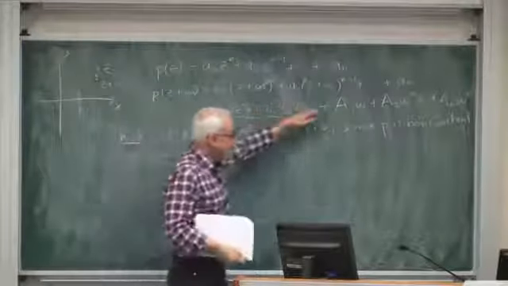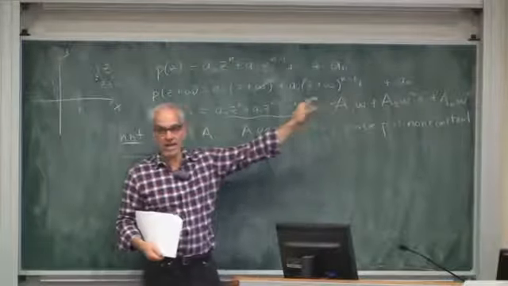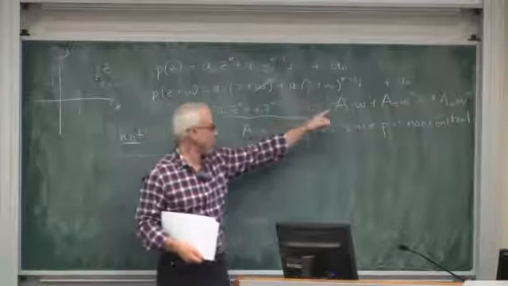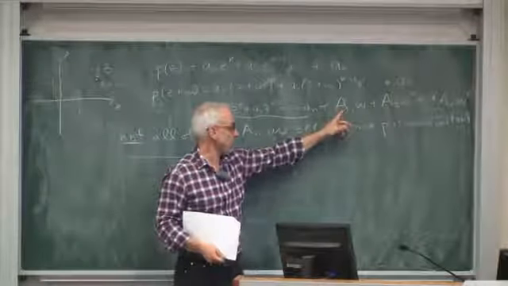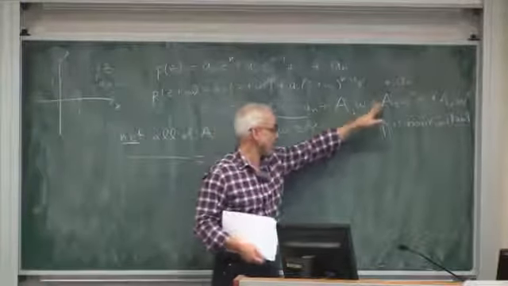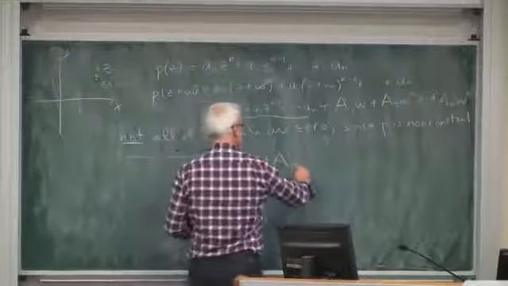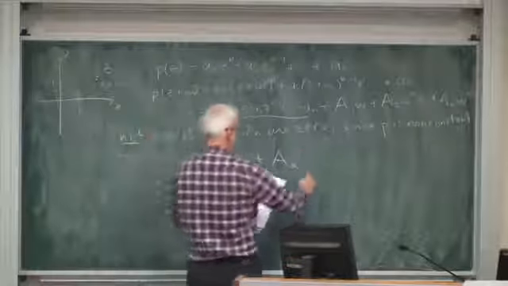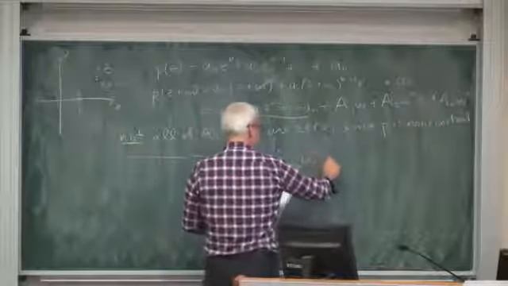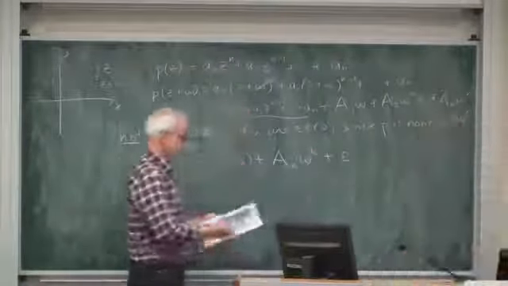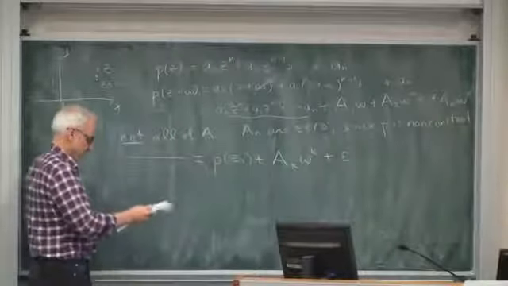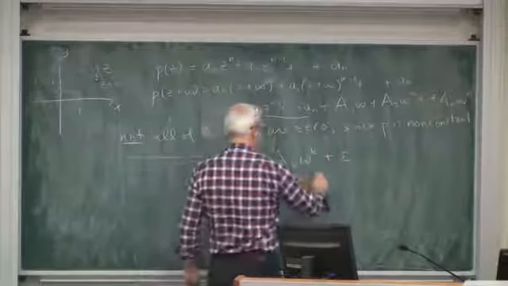And then we go down this list and find the first one that's non-zero. It could be that this is non-zero, in which case we'll use this. But if that's 0, we might have to use a2, or may have to go down further in this list. So we'll suppose that the next one is a sub k w to the k. And then there's some other stuff which I'll write as epsilon, the rest. Okay, so this is the first non-zero